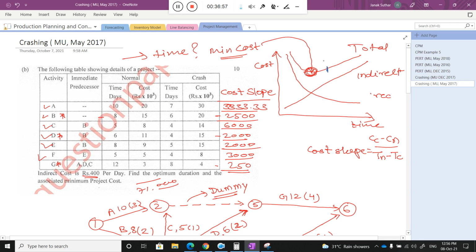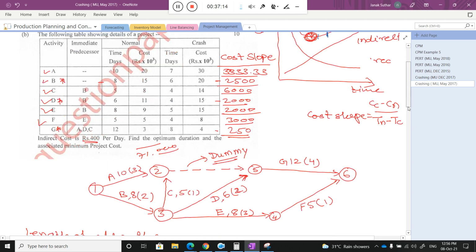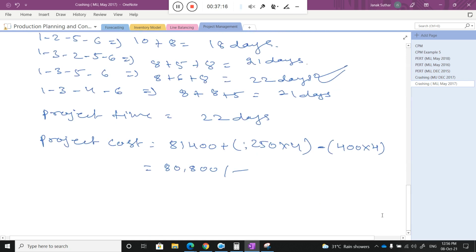Suppose this is 26 days. Now I got approximately 22 days. And here the cost is reduced as well as the time is reduced. Now if I go further, where is the optimum point, that I will find out. So just wait. You need to do one more iteration. We have only 4 to 5 minutes now. Just wait, I will try to solve.